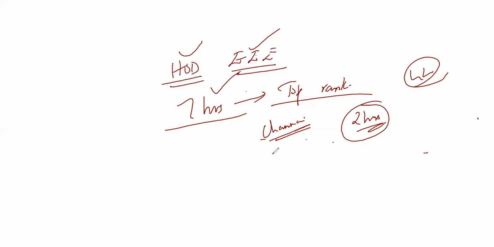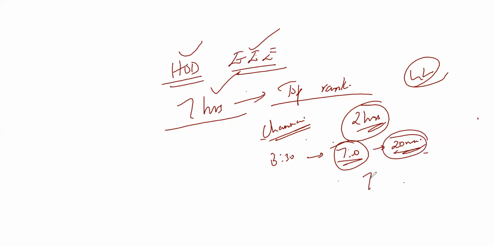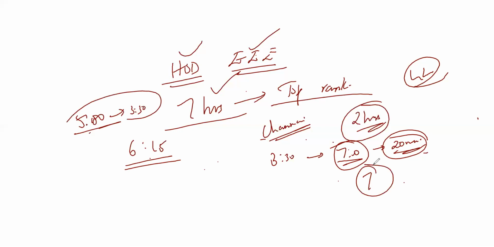So even if the college leaves at 3 o'clock, 3:30, I'll reach home by around 6:30 or 6:45 or 7 o'clock, because I have to walk for another half an hour, 20 minutes inside. So at 7 o'clock only, I'll reach home. And the college bus comes to the place where I live around 6:15 in the morning, so I have to get up around 5 o'clock. So 5 to 3:30, and then I'll be reaching back home by 7.